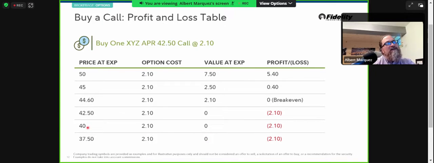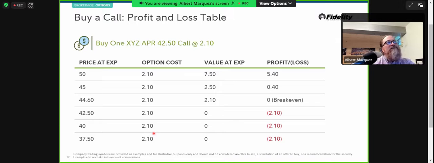So this is part of the allure of buying a call option as opposed to the underlying itself, because we're limiting our risk. We have a clear understanding of what we're risking. If we are wrong and the stock moves lower for whatever reason, the most we will lose is $2.10. Obviously, we have the ability to act prior to that, and hopefully, before we even put the trade on, we have an exit in mind where we don't lose the entire $210. But again, the most we could lose would be $210.